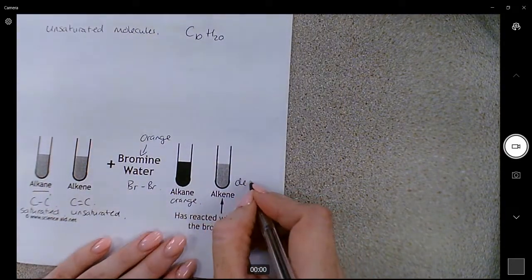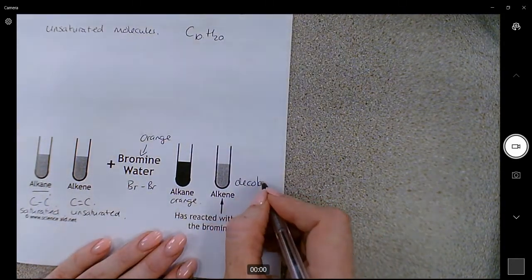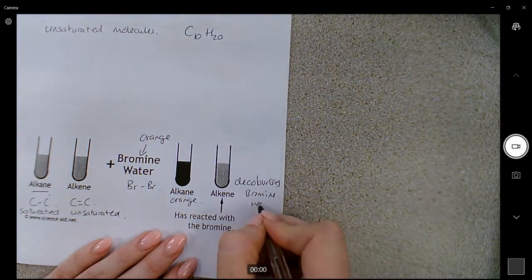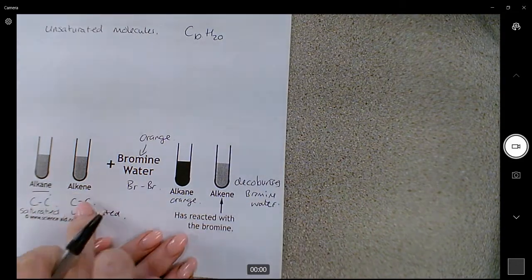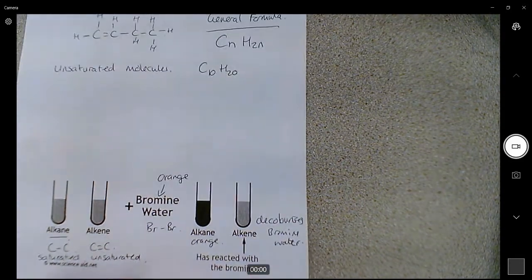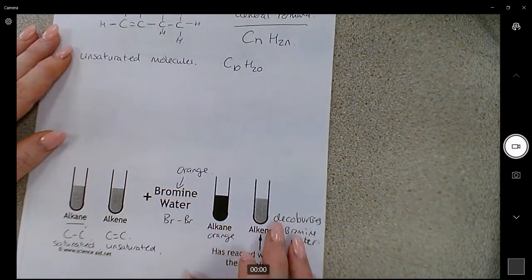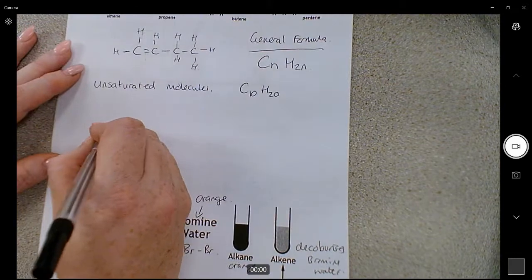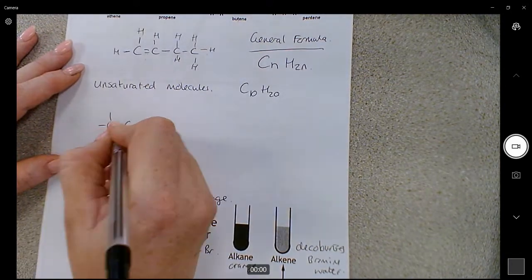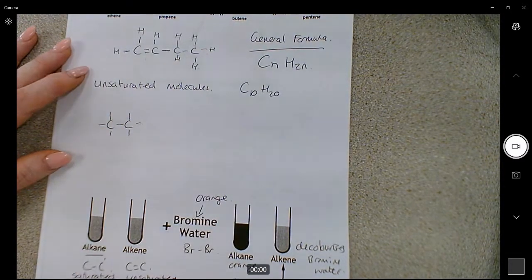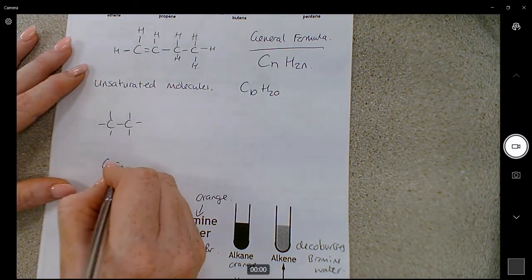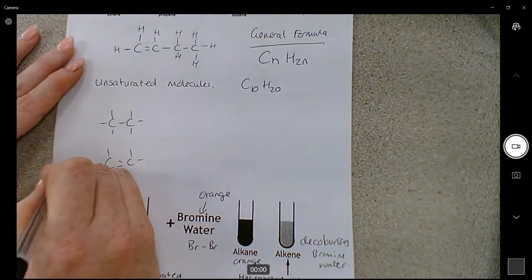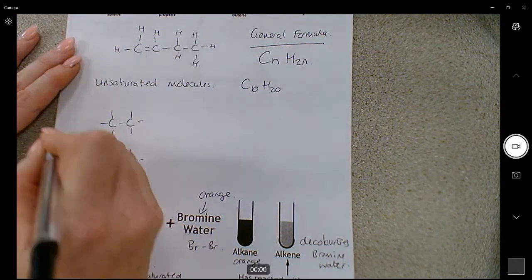Now, we actually call this decolorizes the bromine water. So alkenes decolorize bromine water, so it basically makes it go clear, changes it from an orange to a clear colour. And there's a reason why that happens. So if I have, for example, ethane, which is a single carbon-to-carbon bond, and I have ethene, double bond. So here's my alkene, here's my alkane,